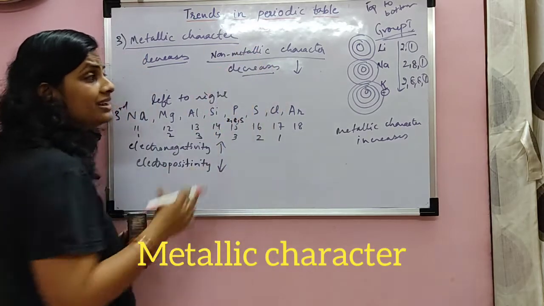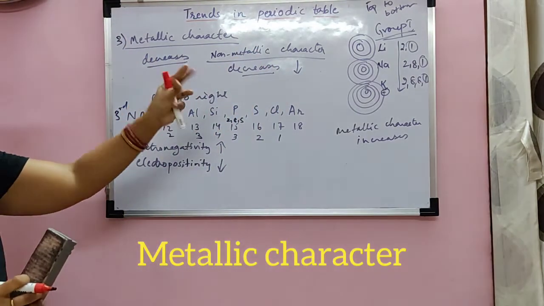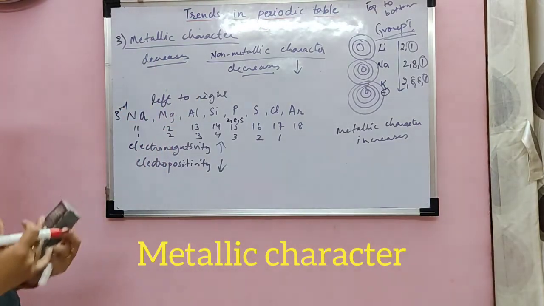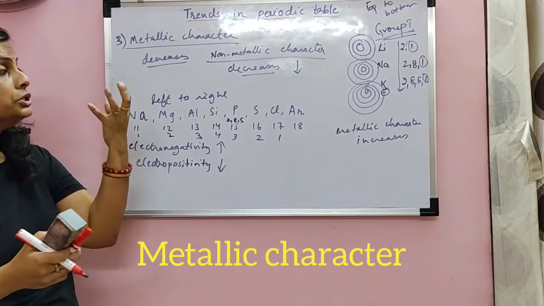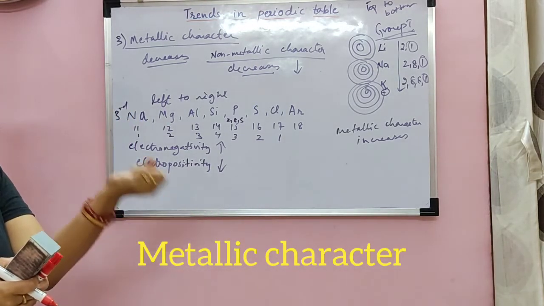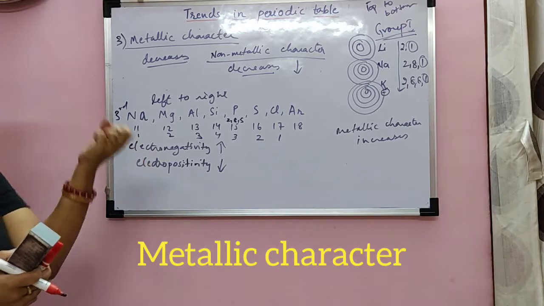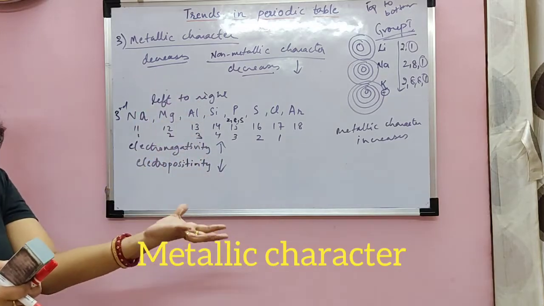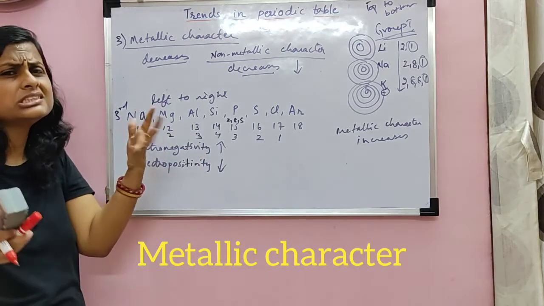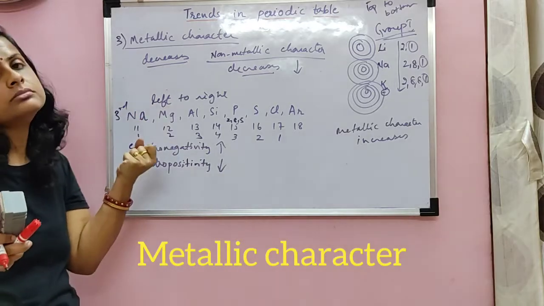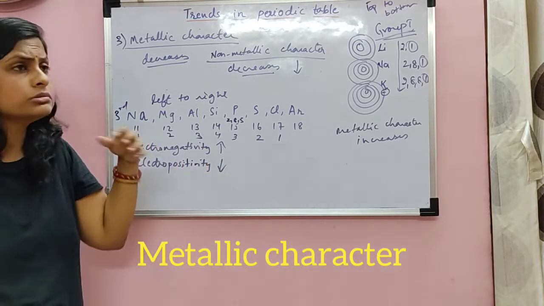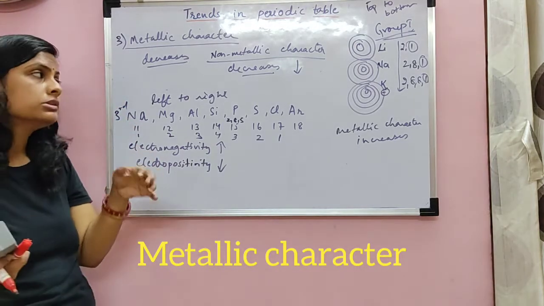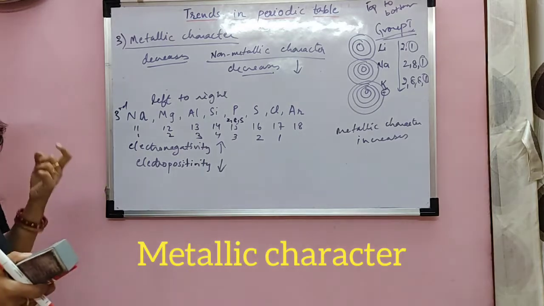The reason behind it is the same thing, but only you have to twist it. At every level one extra shell is added. So the nucleus is becoming far from the electrons, because they are accommodated in their orbit. So as the nucleus is far from the electrons, what is happening? The nucleus is not interested to gain more electrons because it is becoming far. So it has no interest to gain more electrons, to take more electrons. So that's why the non-metallic character decreases.